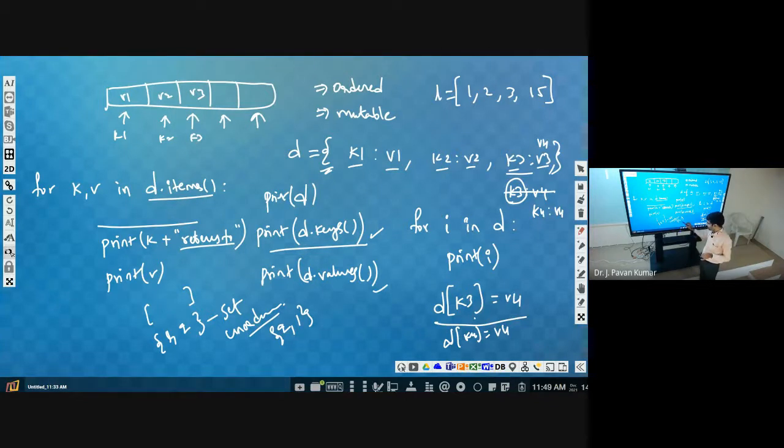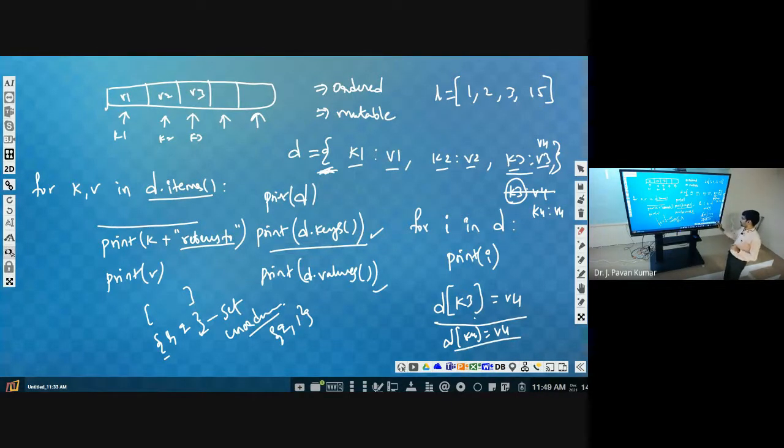So now, since these dictionaries were unordered earlier, they used curly braces because a set is also unordered. It is derived from this, so they are following the same thing. They kept the same thing. Understand? That's why we have it.